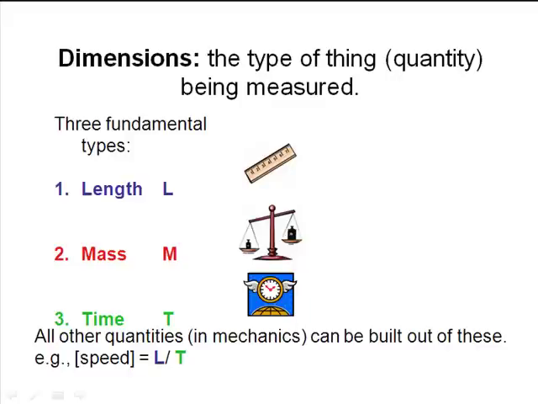All right, now I want to spend some time talking about a concept known as dimensions. The word dimensions has many different meanings in physics. The particular meaning that I want to talk about now is referring to the kind of quantity that we are measuring. So there are many different kinds of quantities we might wish to measure in physics. For example, we might wish to measure lengths.